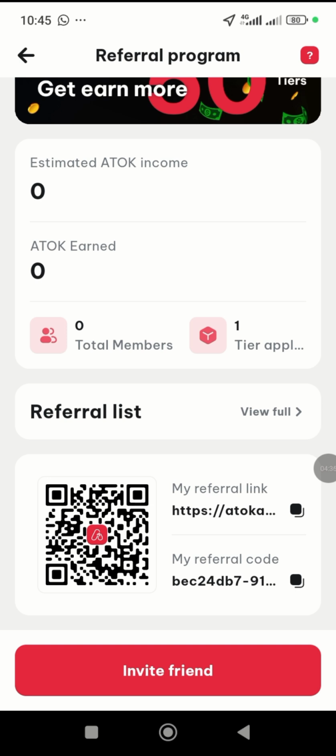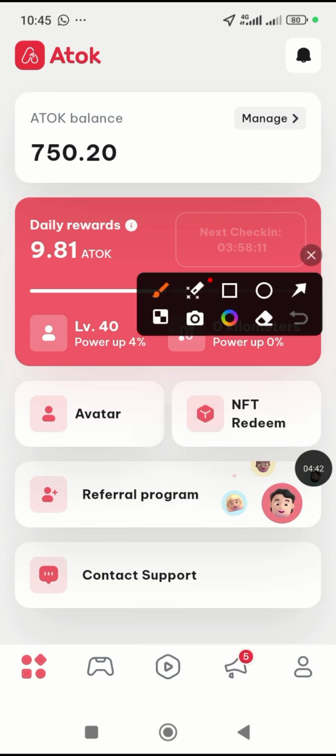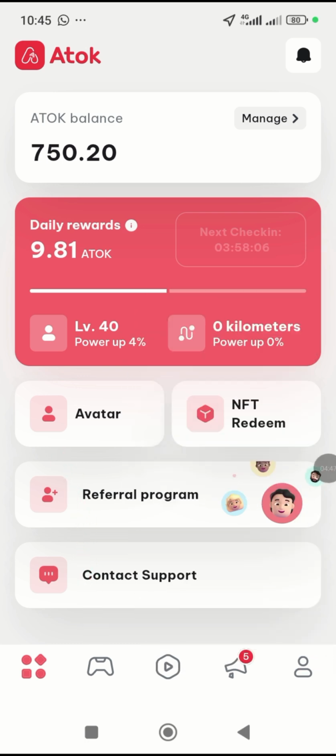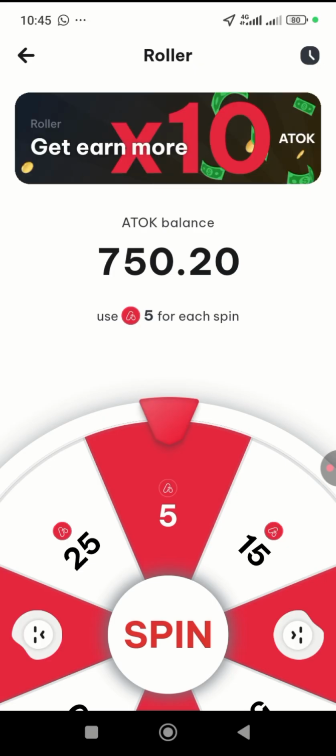So let's go back. Through referrals, which is the third one, I'm sharing with you how you could make money and get some of their tokens. Also, you could come to games here. Games, you see, roller. You could roll. You have to play with 5 actors depending, and at times when you roll, when you spin, you can actually